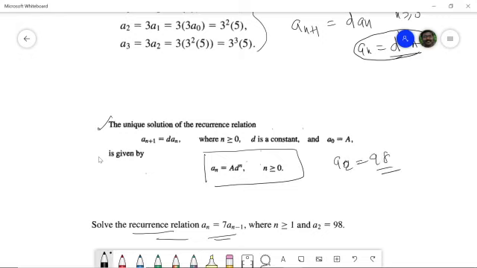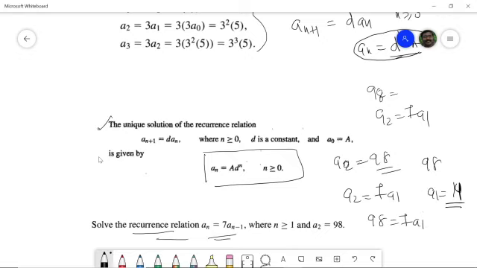Okay, so what is a2? a2 is obtained by 7 a1. a2 is 98. So what is the value of a1 here? So in this problem, a2 is actually equal to 7 a1, and they have told you that the value of a2 is 98. So can you find the value of a1 here? It is nothing but 98 is equal to 7 a1. Now what is the value of a1? a1 is 14. So once you know a1, can you tell me what is the value of a0 here? a1 is 7 a0, the value of a1 is 14, so 7 a0 is 14, therefore the value of a0 is 2 here.